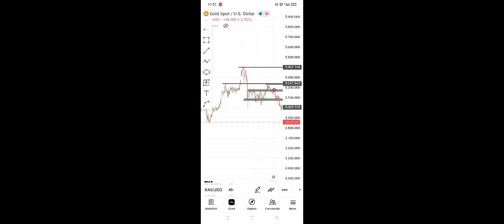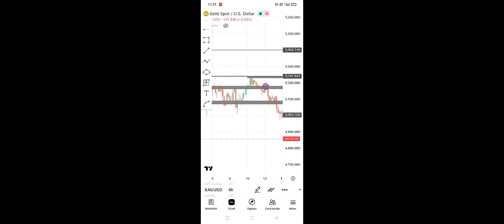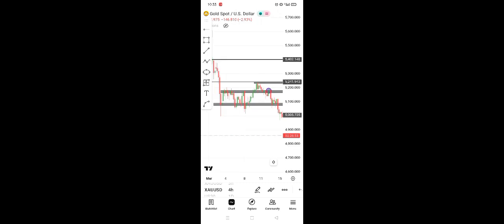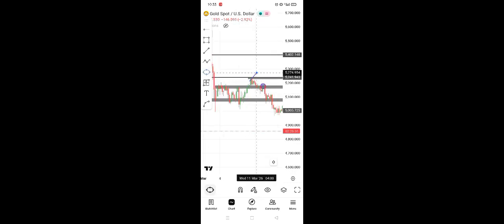this high, let me delete this first. Anything above this high could go to 5,400, right? So in our mind, we think it's bullish, right? See, we made another indication,